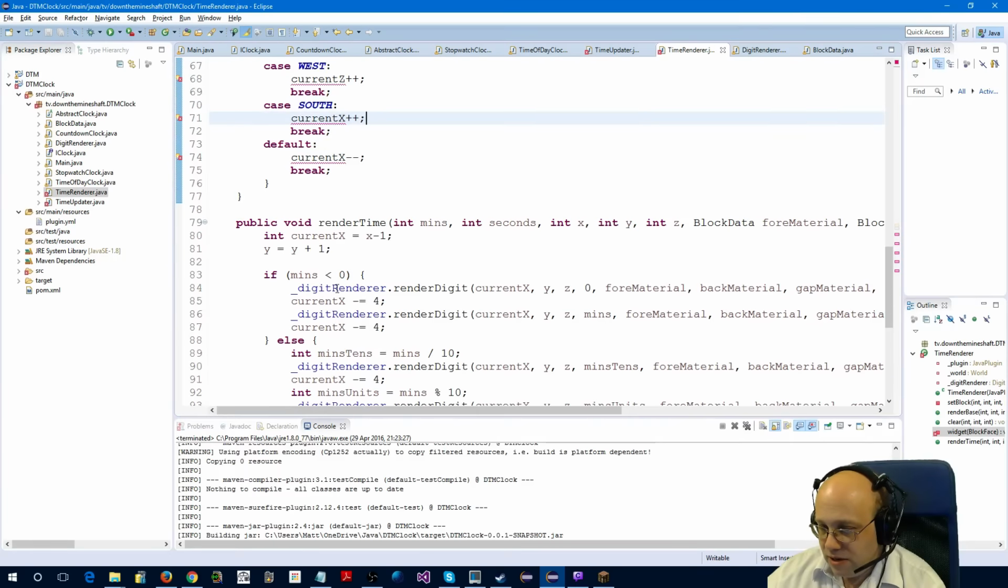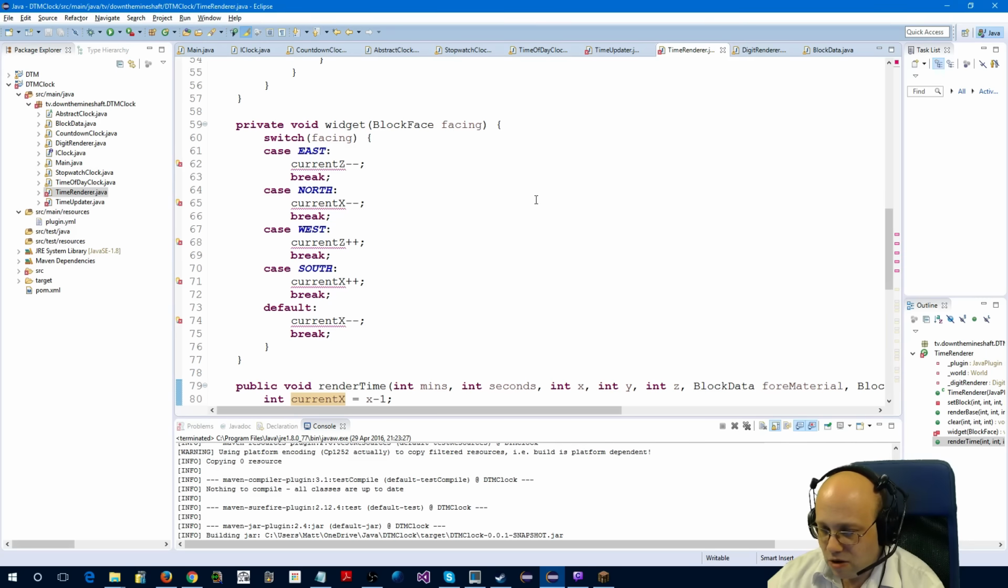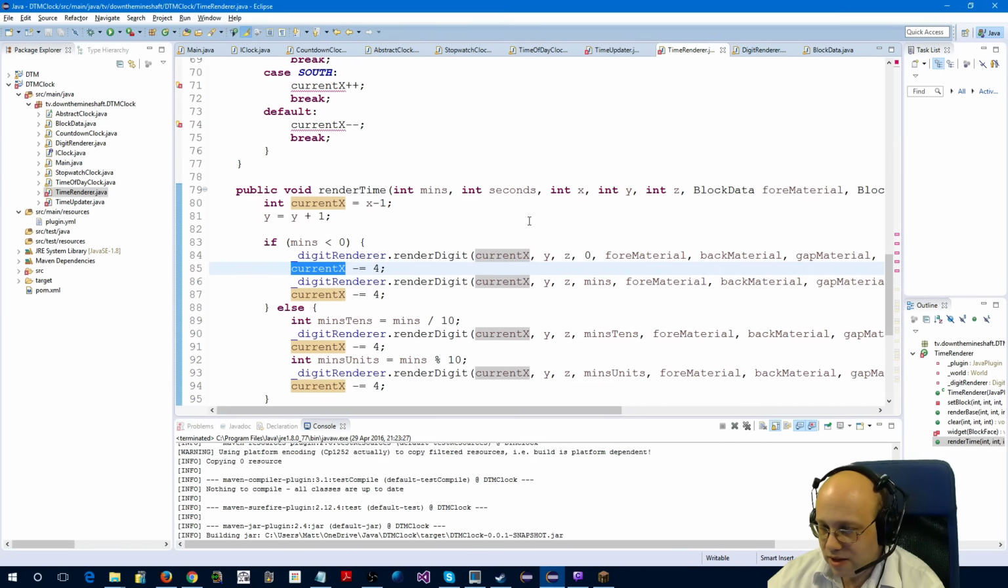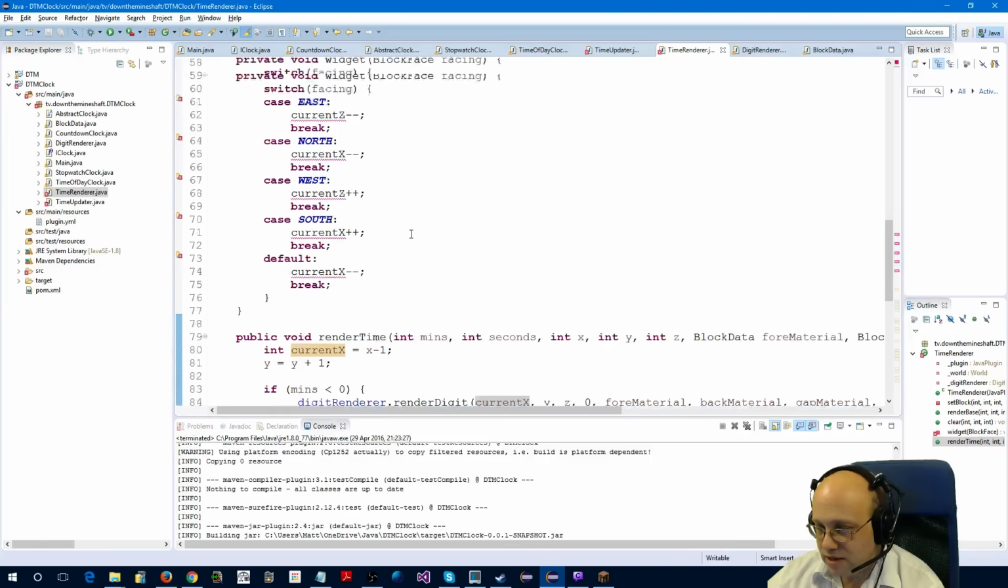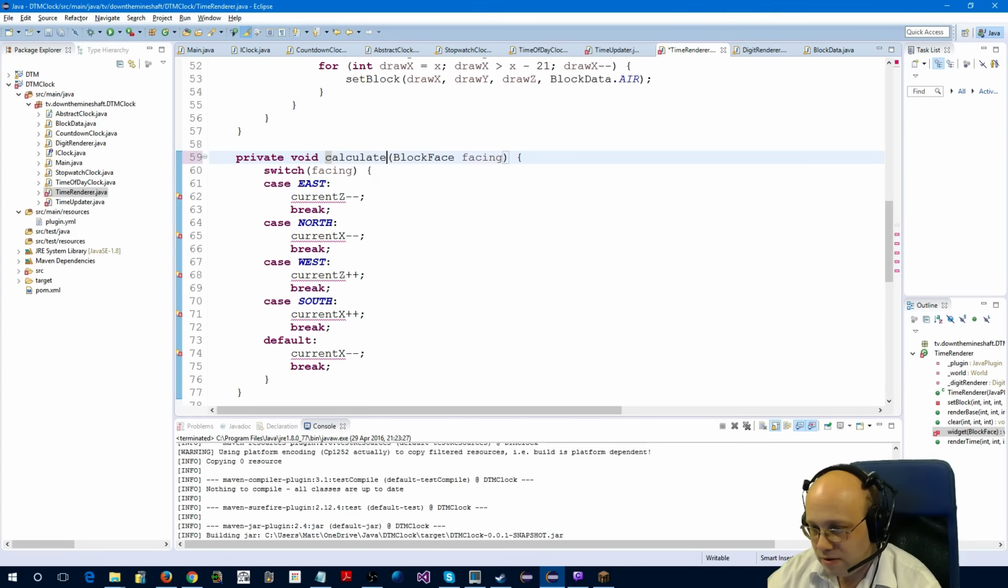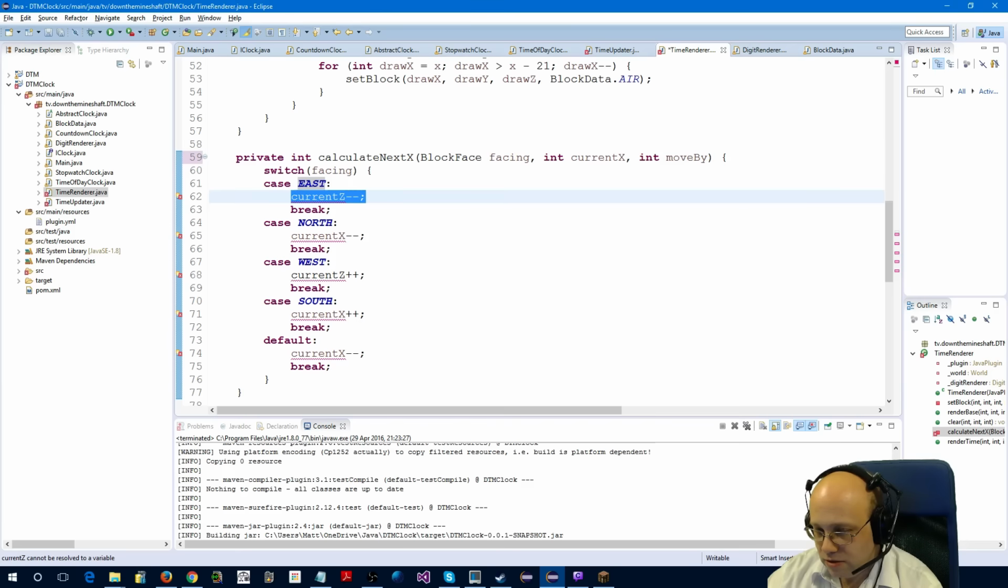So, given that I'm going to move a different parameter, and I don't like pass by reference because I think you can do that horrible thing now, I think I need to do a calculate x, calculate y, calculate z. Except it's calculate x, calculate z. So if this was calculate next x, current x, move by, and this returned an integer, then this would return, oh no, it's calculate next